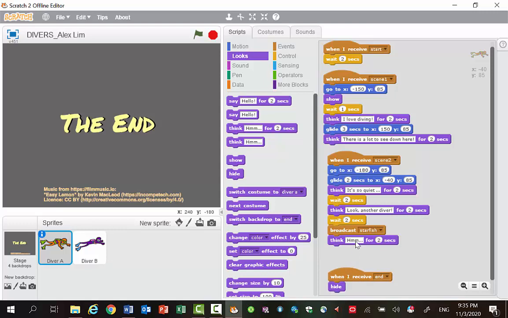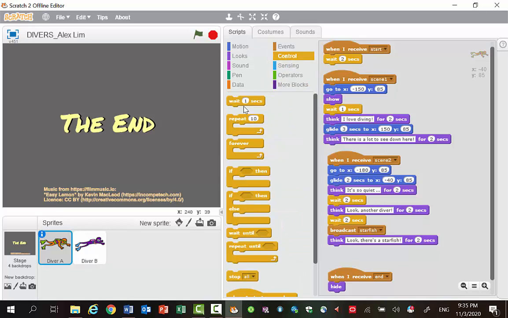Alright, and now use think again for 2 seconds. Think, "Look, there's a starfish" for 2 seconds, and then you put in wait for 3 seconds. So when you do the scripts for the diver B, it must sync with this part of the broadcast message